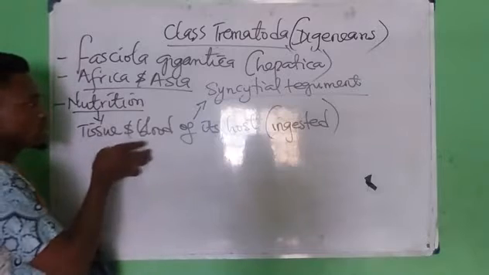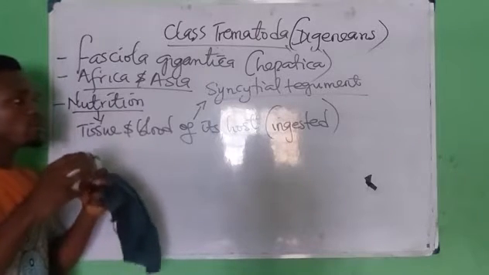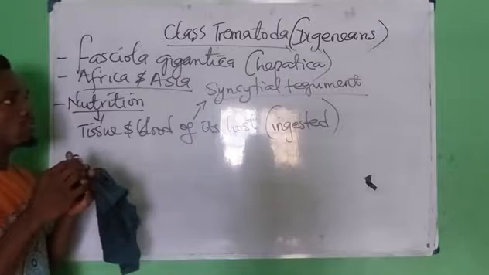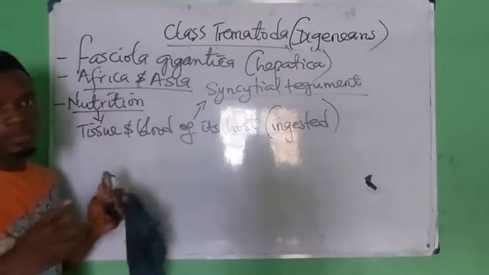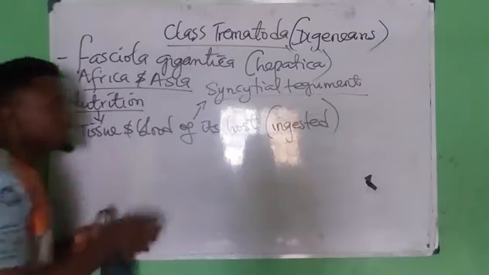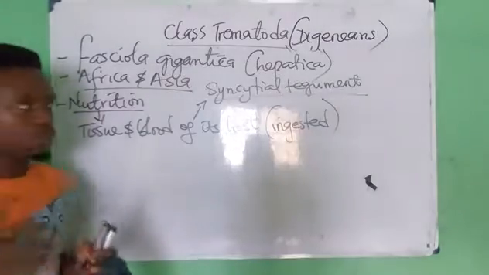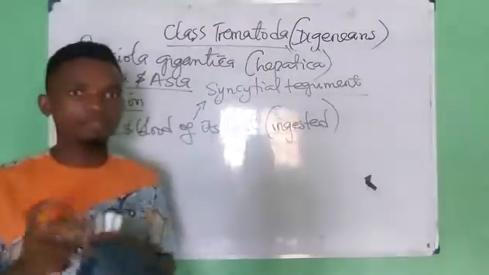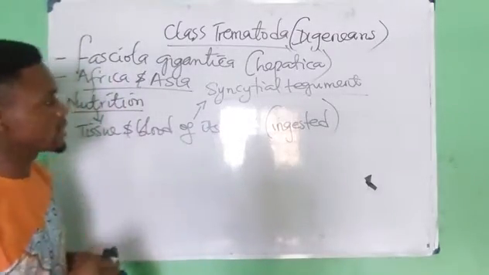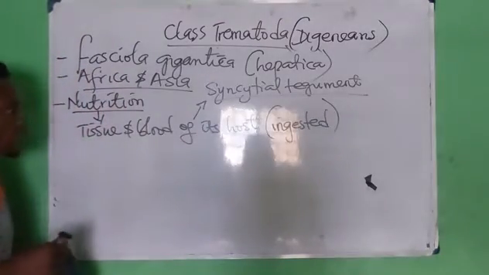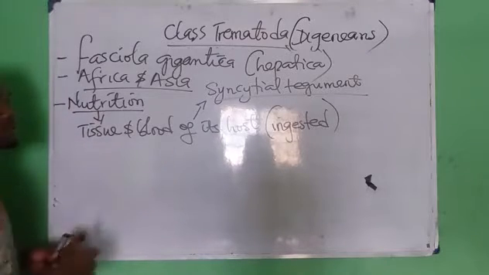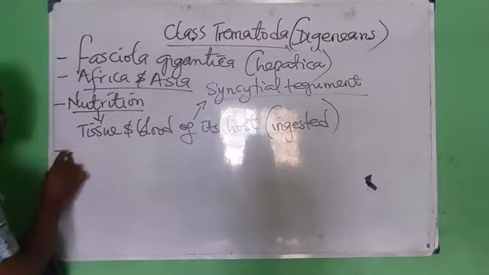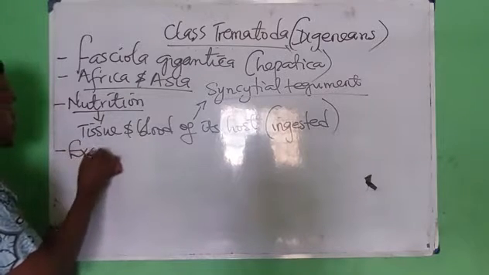This organism does not have a digestive system, all right, which means that feeding is by absorption. I told you it has oral and ventral sucker. Don't forget that. Now, I've told us how it feeds on the tissue and blood of its host. Then, in terms of excretion, it has what is called